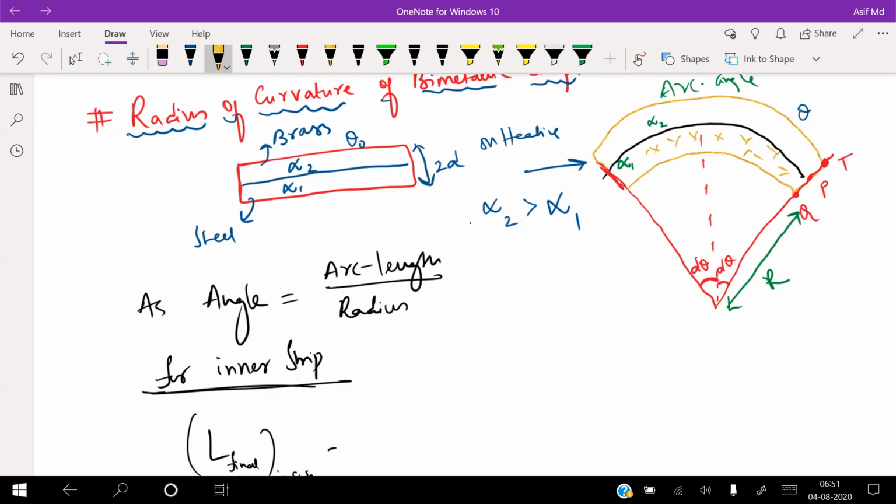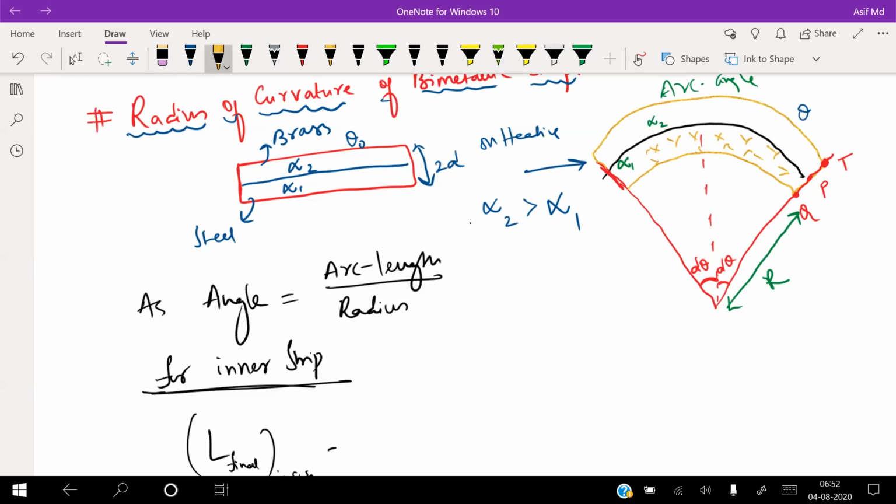Okay. Yes, sir. Isn't it? So previously it was having how much for me? Theta naught. Now, yes, there is an expansion in the lower as well as the upper, but the upper one is having more expansion compared to the lower one. Yes, sir. Isn't it? Now I need to write for that one.